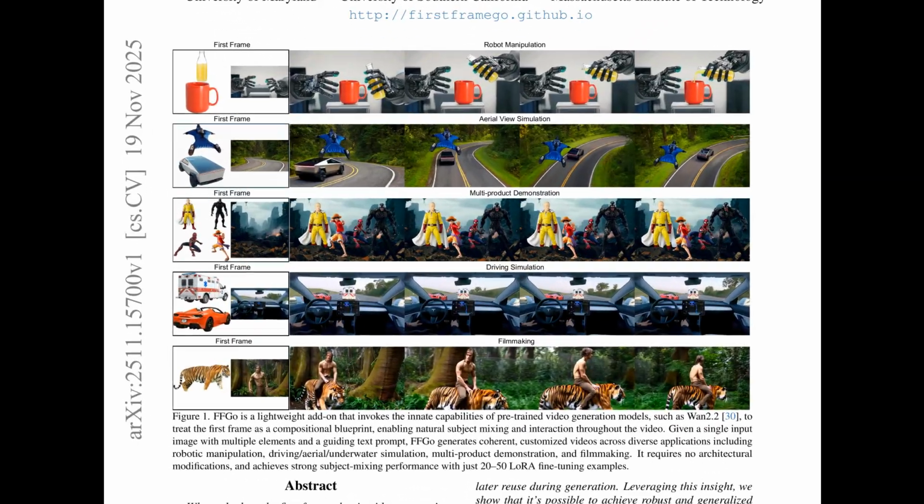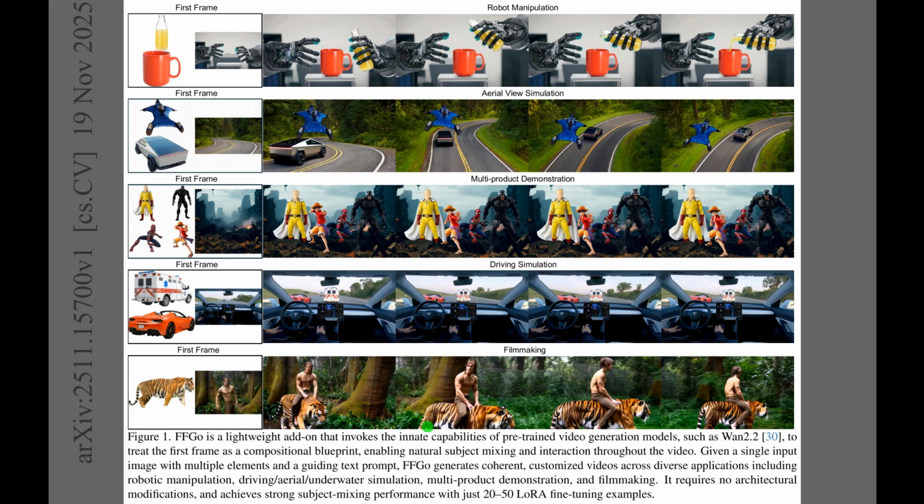Figure 1 demonstrates how FFGo turns the very first frame into a blueprint that drives the entire video. The leftmost image in each row shows a composite first frame, which already contains all the key objects the user cares about. The following frames in that row then show these objects moving, interacting, and staying visually consistent, whether in robot control, driving scenes, product showcases, or film-style shots. This illustrates that a single mixed first frame plus a short text prompt is enough to guide rich, coherent video